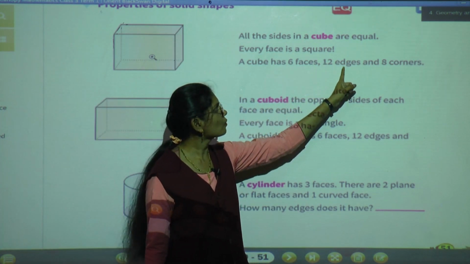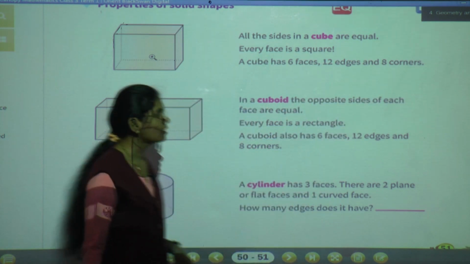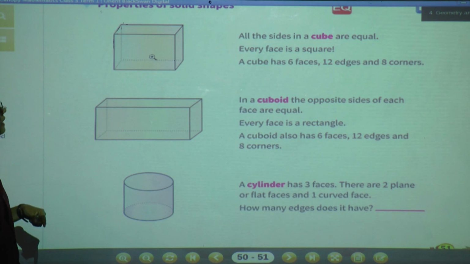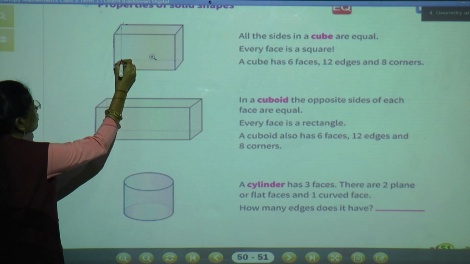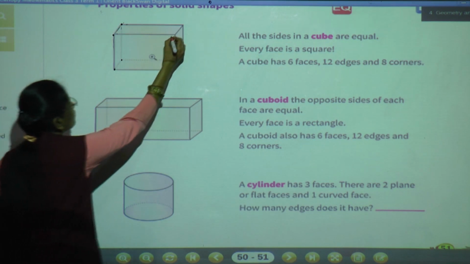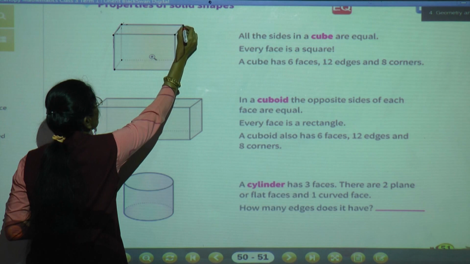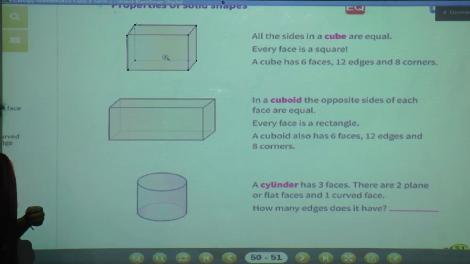It has 12 edges and 8 corners. A cube has 8 corners. We will see the corners now: 1, 2, 3, 4, 5, 6, 7, 8. So how many corners does it have?